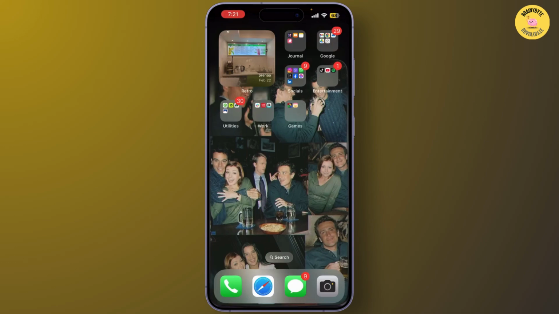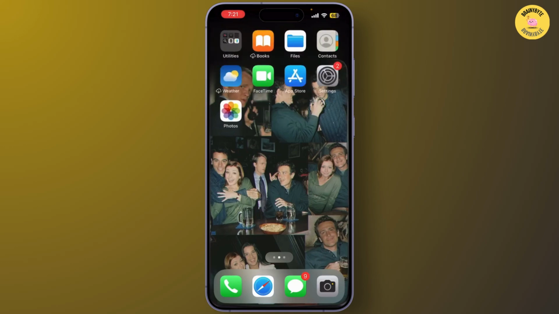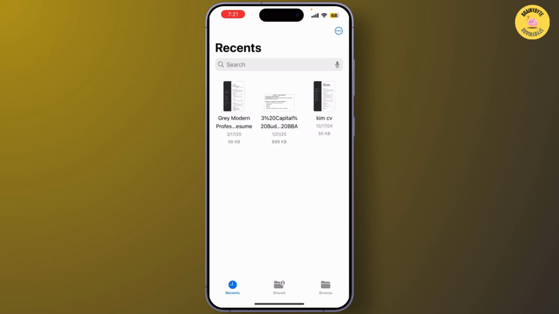Now, if you don't have a computer, you can still play music files using the Files app. However, this won't add them directly to the Apple Music library. Just open the Files app on your phone. Once you've done that, find the MP3 file you want to play. Just tap on that file to play it, and you can share it to a third-party music app like VLC or